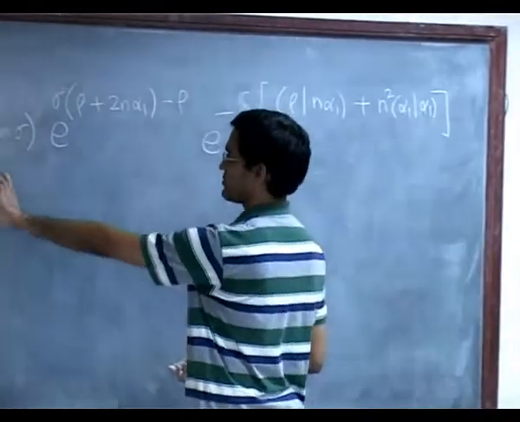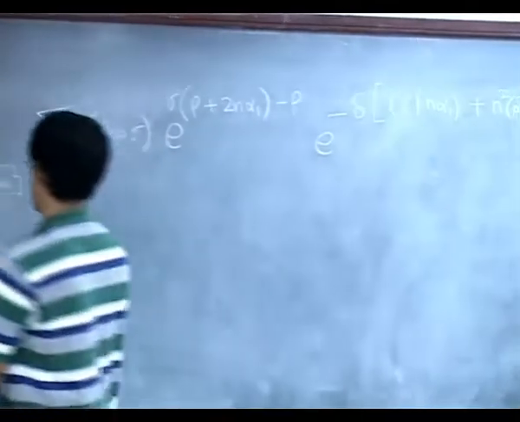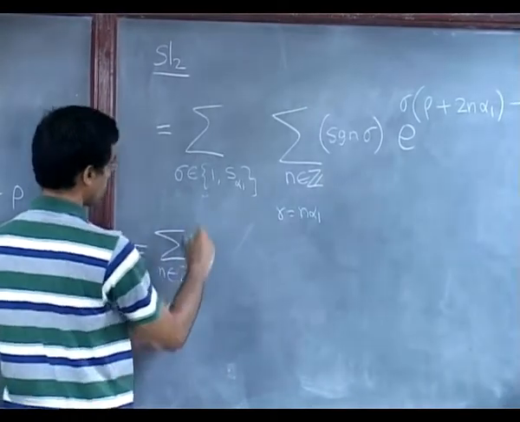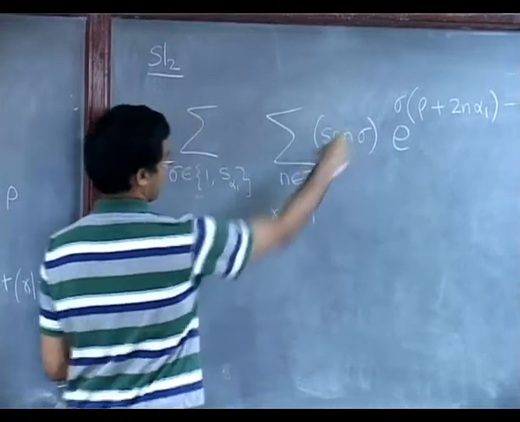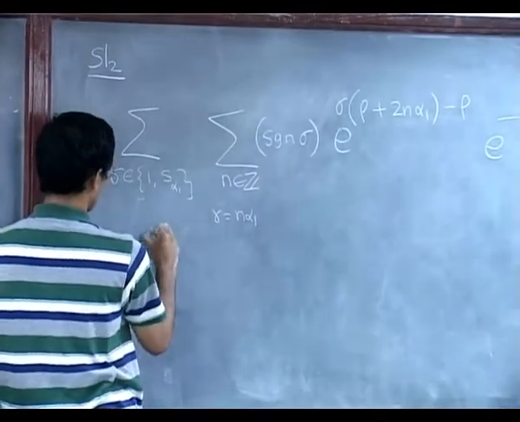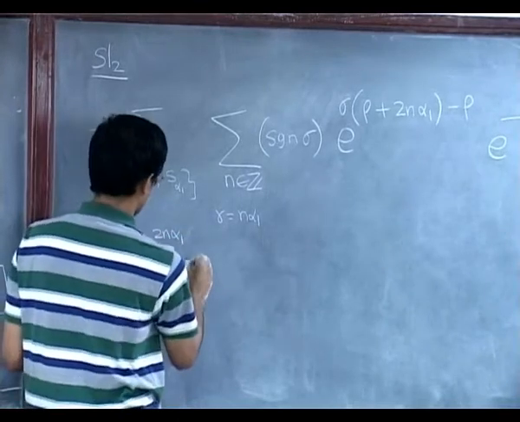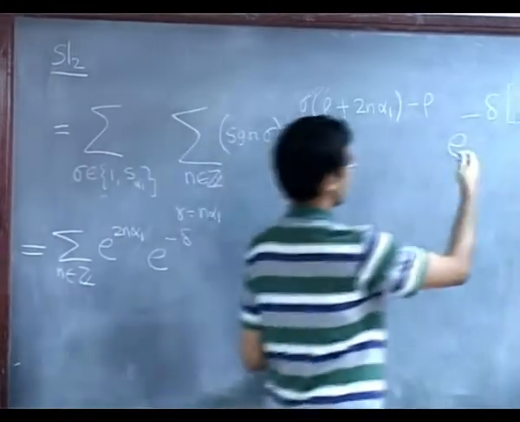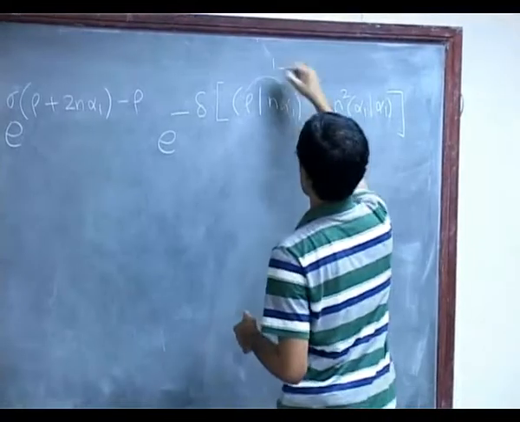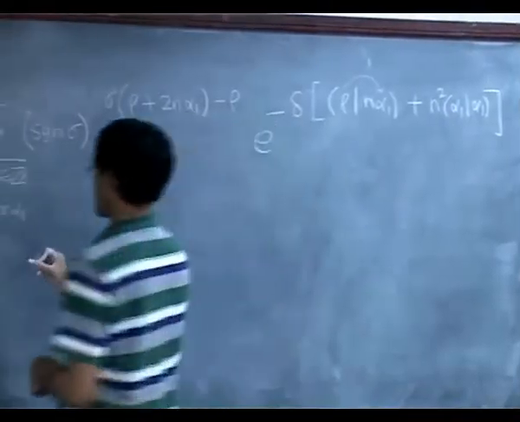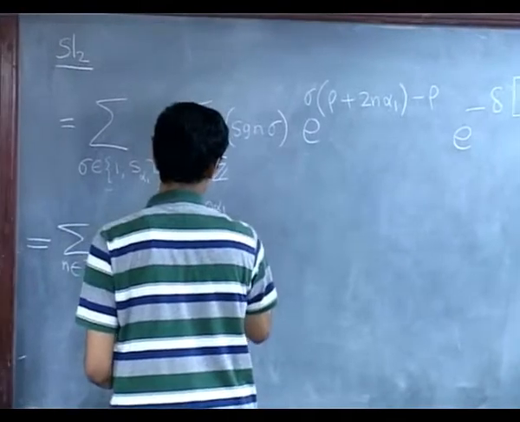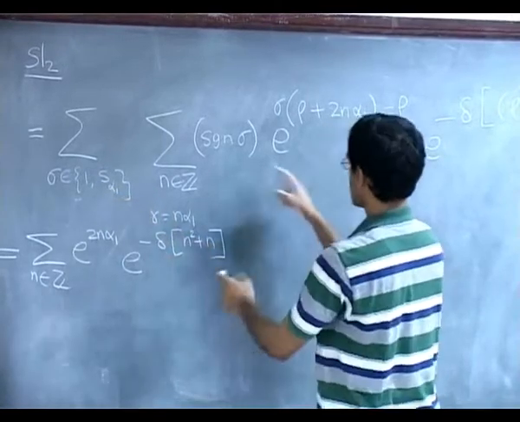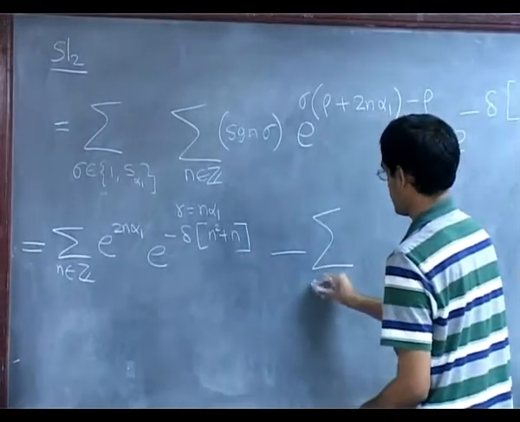So let us see what it becomes for sigma equals identity and the other reflection. So it is a sum over all n in Z. I am going to do sigma equals identity first. The sign is 1. The thing on top is e to the 2n alpha 1. E to the minus delta, rho with alpha 1, remember, was 1. So again, the only property of rho I need is rho alpha 1 is 1. So this is n plus n square. So e to the minus delta times n square plus n. So notice the quadratic term again. So this is for sigma equals identity. Then for the reflection, the sign will become negative. So it is minus the sum for all n in Z.